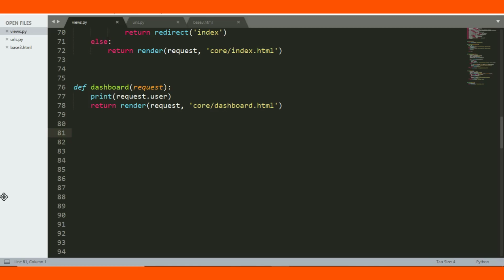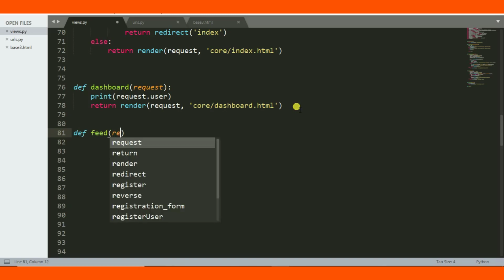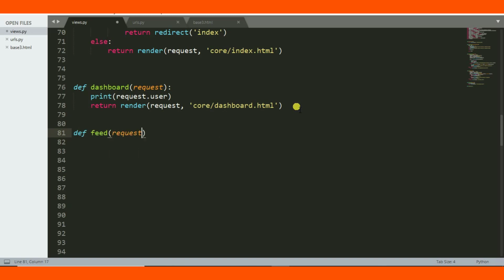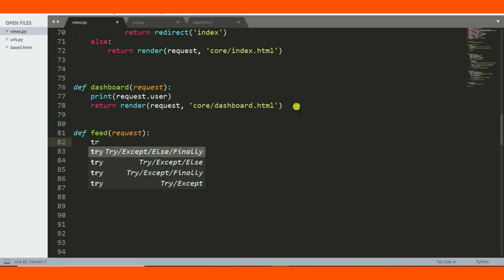So here I'm going to create a Django function-based view named feed. Underneath the dashboard function, I'm going to create another Django view named feed. I put a bracket, then request, then a double dot. Then I will use try except to catch some error. So try,